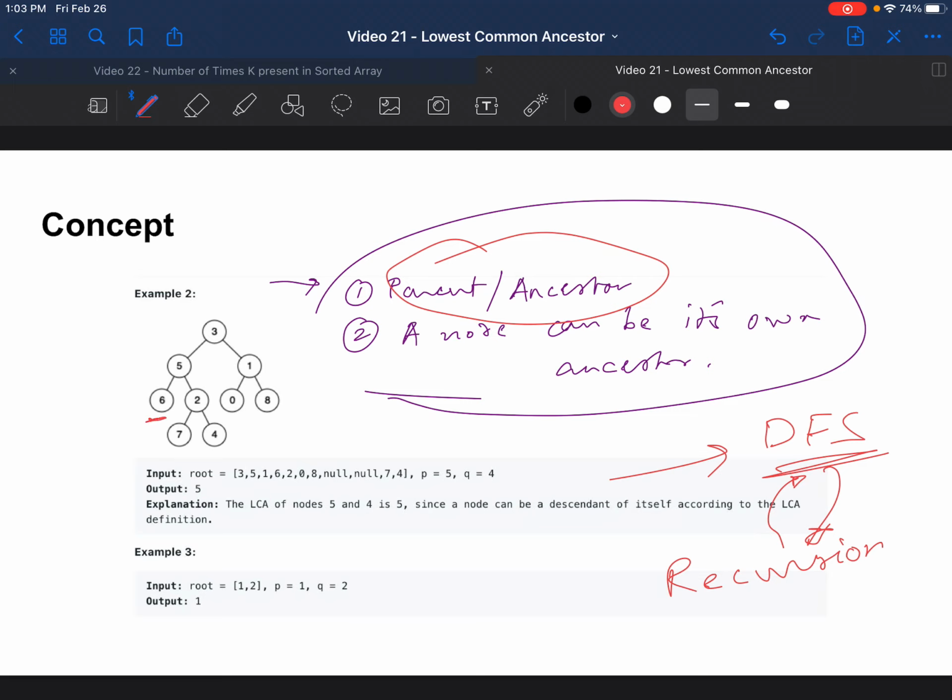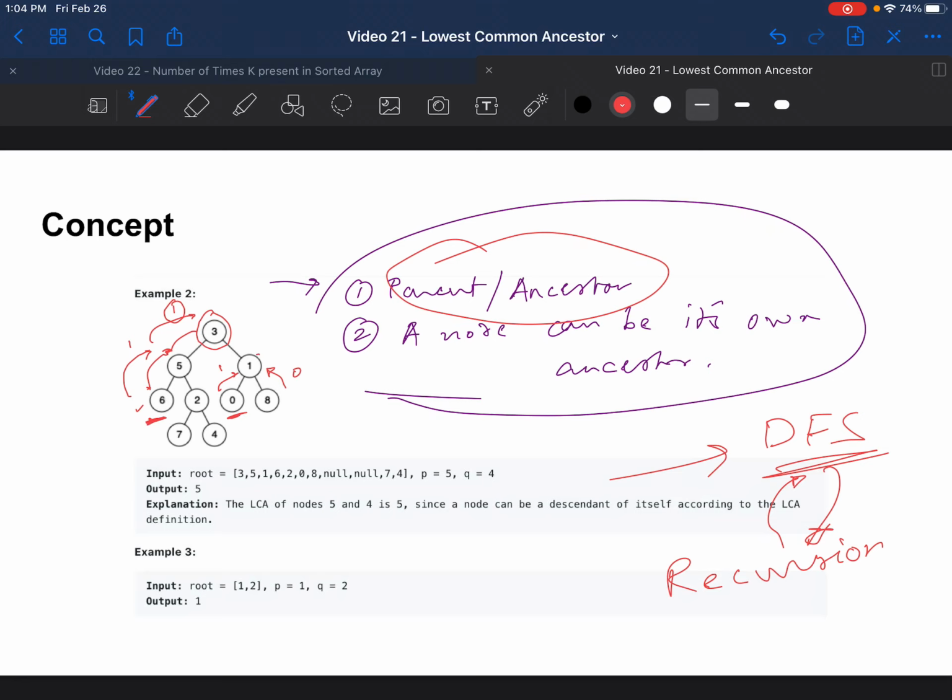Just to make this a little more concrete, I'll actually do an example. If we were trying to find the ancestor for 6 and 0, we'd do depth first search. We'd go all the way down in our call stack. We'd find 6. We'd return, for example, a value of 1, so at 3 you have a value 1 returned from your left branch.